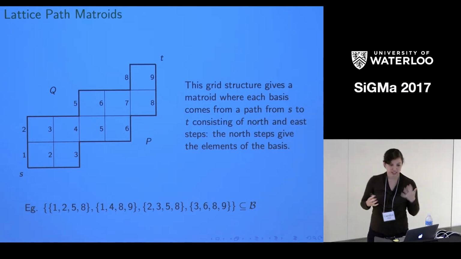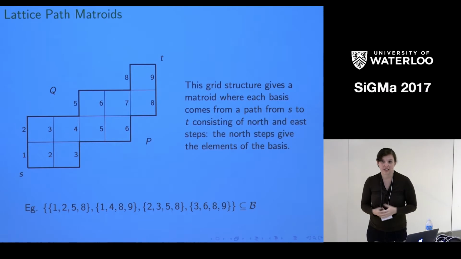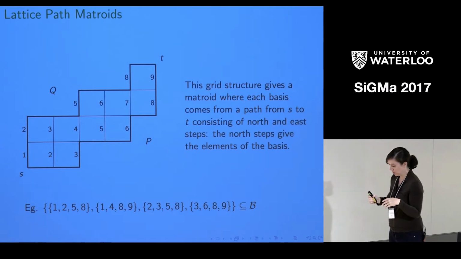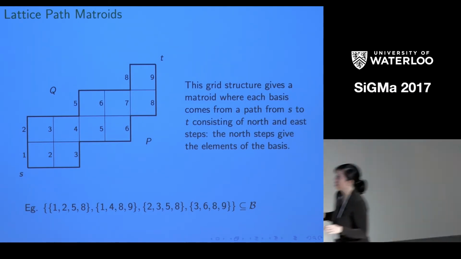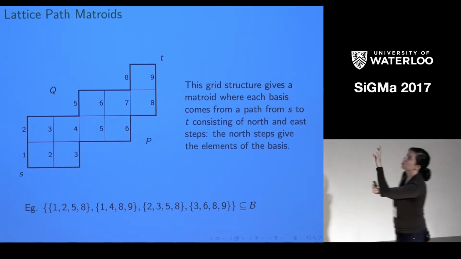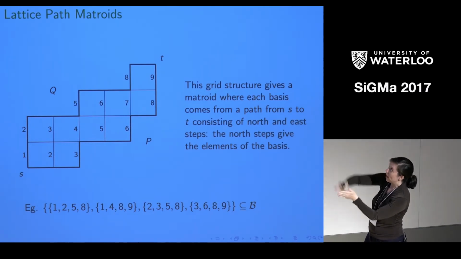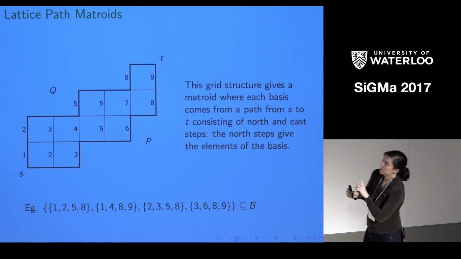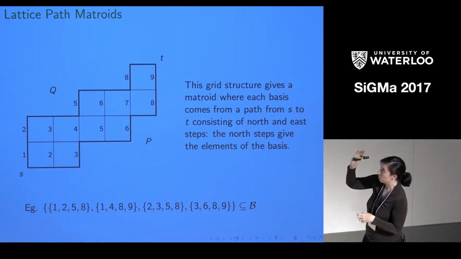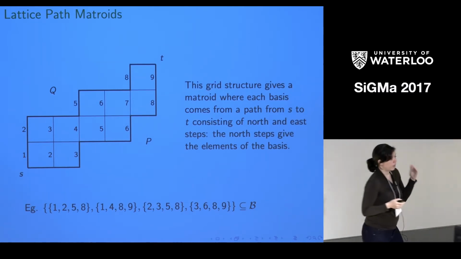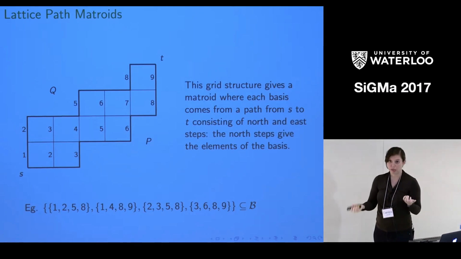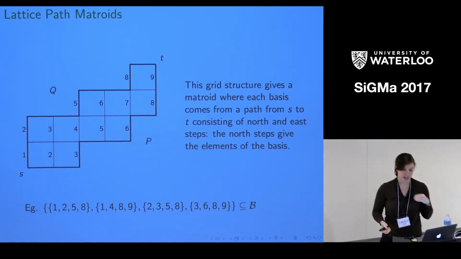Lattice path matroids are a really nice set of matroids. You can get a matroid by looking at a lattice path and naming your steps as you go. You can say, this is my first step: I'm going to go north, and then I'm going to go east. Second step, 2, 3, 4, and you count your steps as you go. On paths that go from S to T, I've only labeled the north steps. If you go east first, I didn't label it, but then you can go north for step number 2 and north for step number 3. If you just think about the north steps that you take as you walk from S to T, you'll get a collection of bases of a matroid. That's called a lattice path matroid.